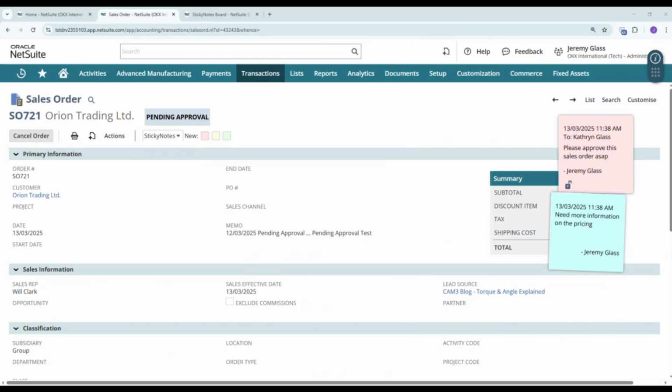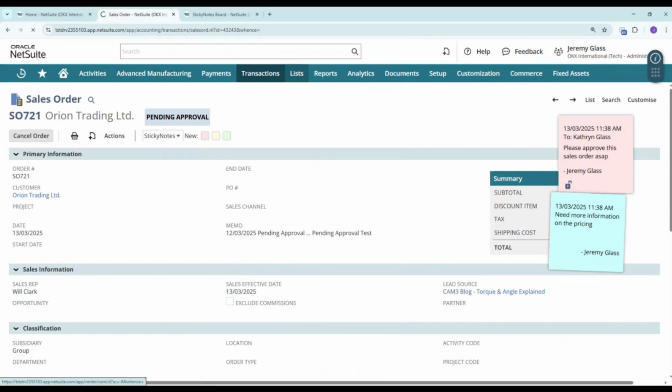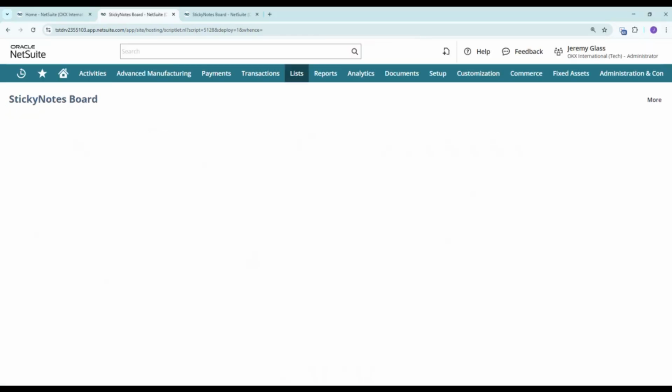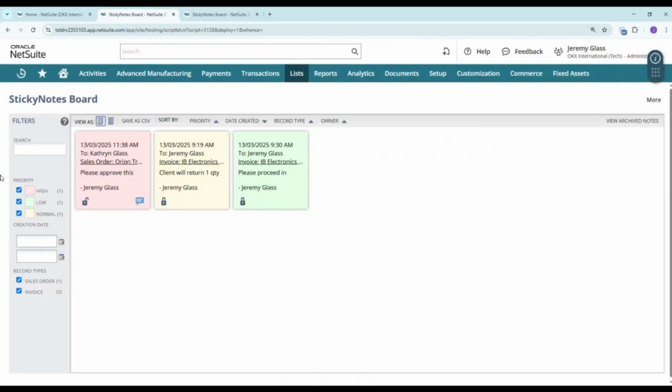All right. Tracking and managing notes is essential for accountability and workflow efficiency. So if we go to the list productivity sticky notes board, this board will show all of the sticky notes created in the system. And you can filter these according to priority, creation date, or the record type.